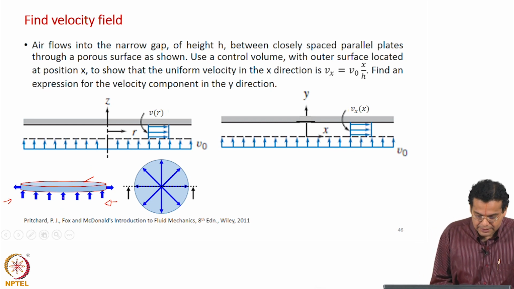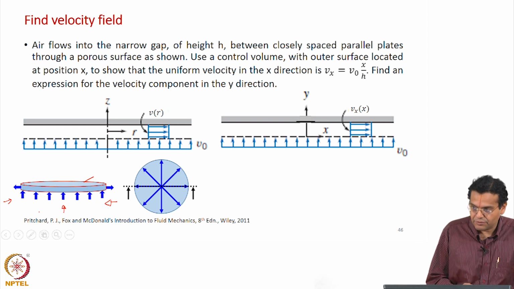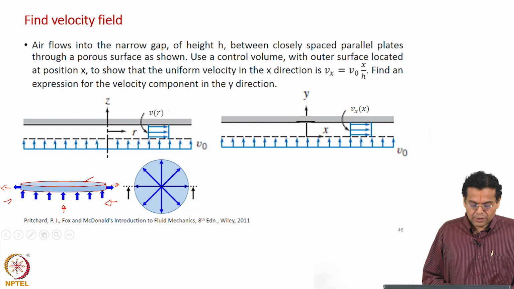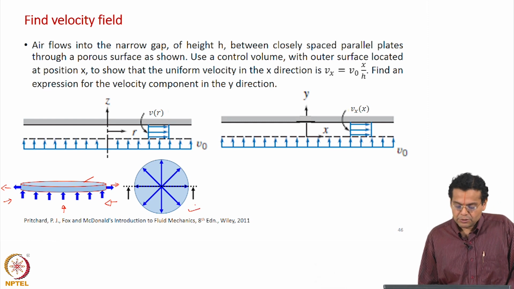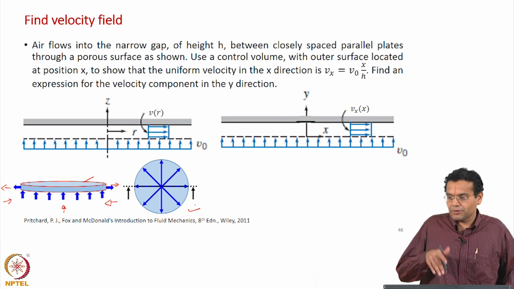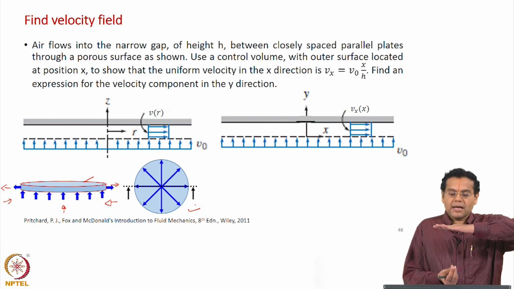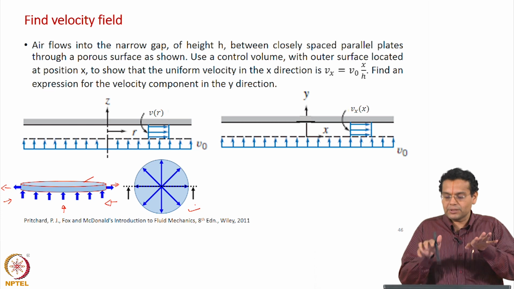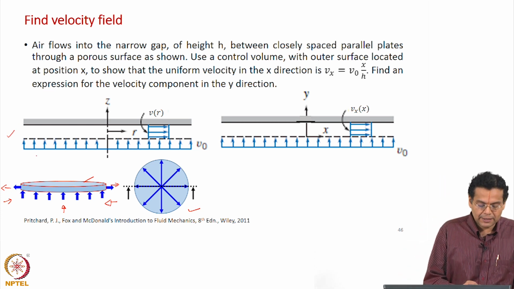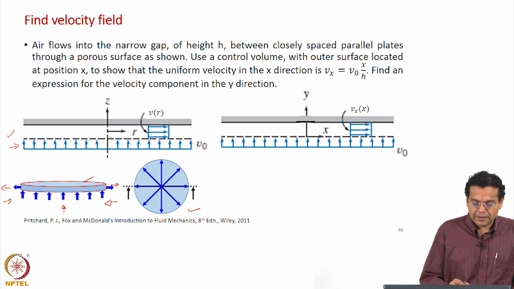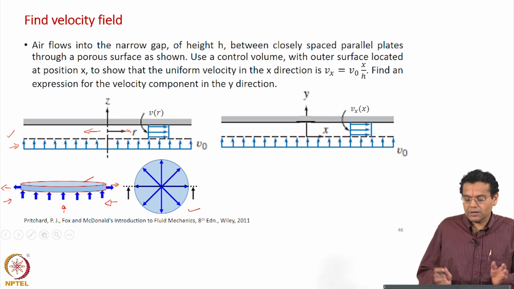Now, in this case, air enters through the porous plate from the bottom and leaves around the periphery. That is the front view; the top view is shown here. The flow takes place radially, so you have a plate, air enters and then flows radially out, and that is what is shown as a top view here. The front view is shown here, the air entering here and then flowing. If you look at the front view, it flows along the radial direction.